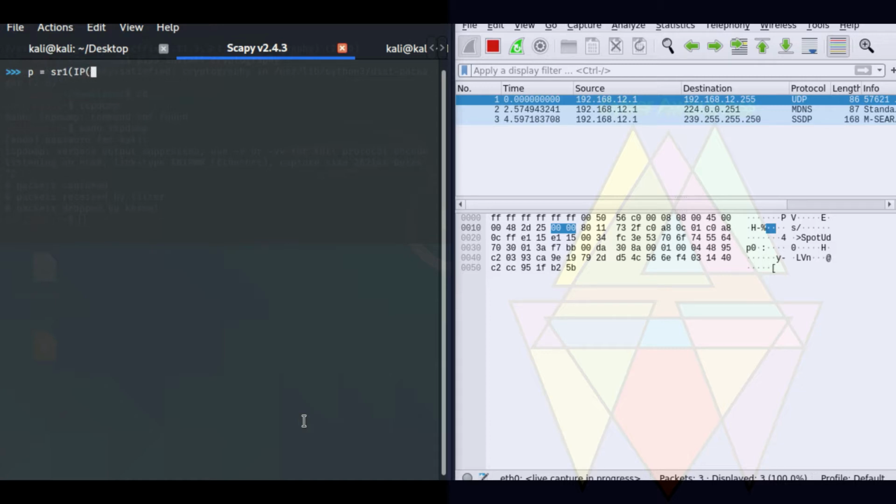Today we are going to do something really fun. We are going to use the send and receive packet, which is the SR function, and it is sending a packet and receiving the answer. So this function will return a couple of packets and answers with the